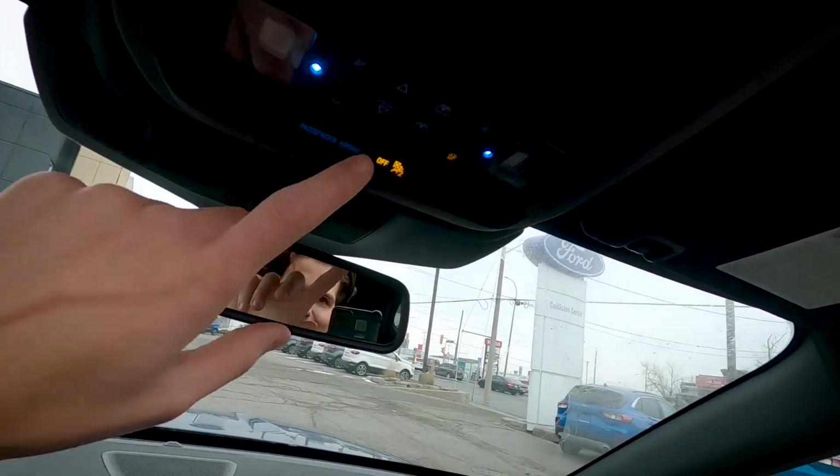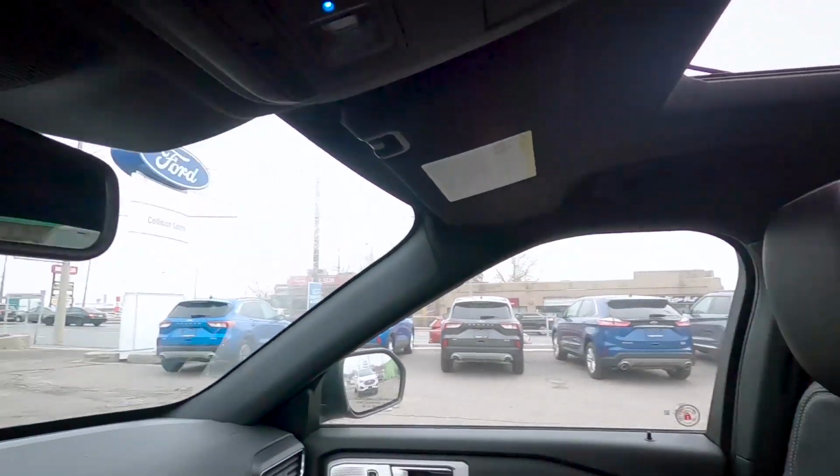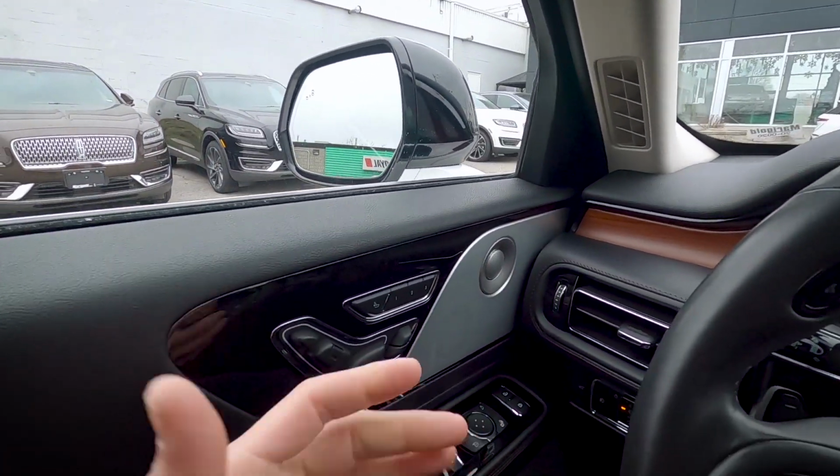Absolutely love it. Really, really nice. And same thing, just one button press in order to be able to close that up from there. Now on the Lincoln side of things, one thing that's very, very different from the Lincoln to the Ford